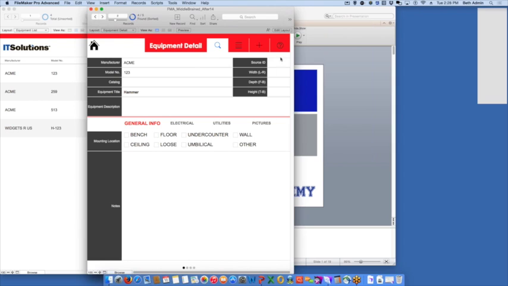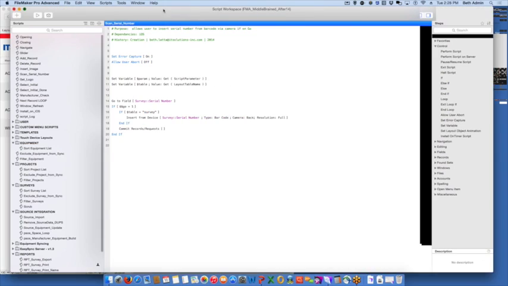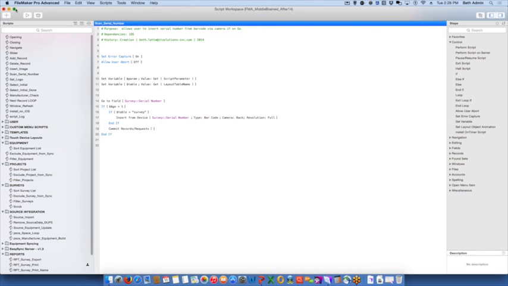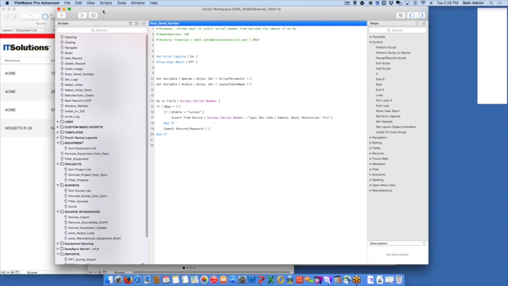Navigation part we talked about, button bars we talked about. So the next big thing is the Script Workspace. And it's the real big thing. Because if you've been designing FileMaker databases